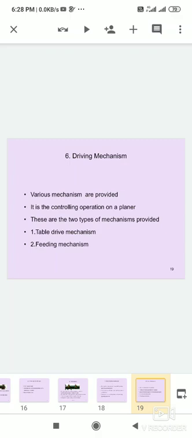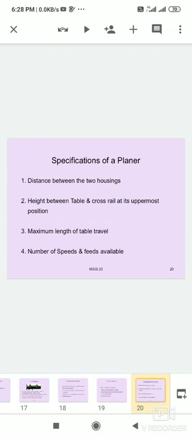This is open belt and cross belt and reversible motor and hydraulic motor. That is the table drive mechanism. I will explain next class. Now,